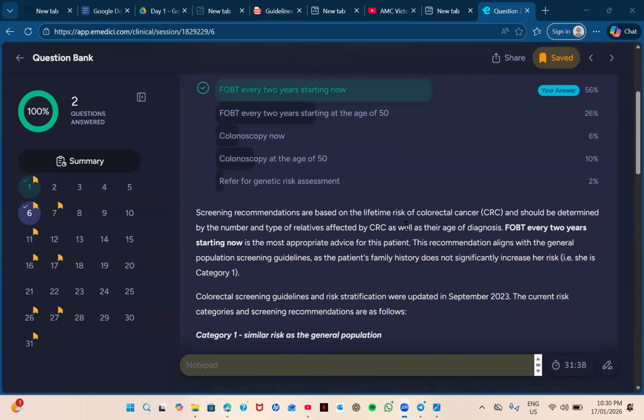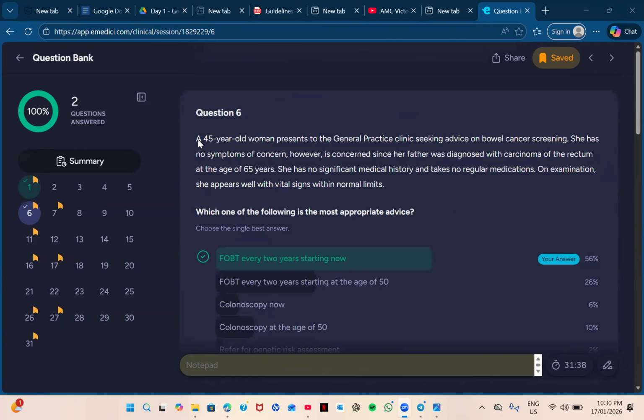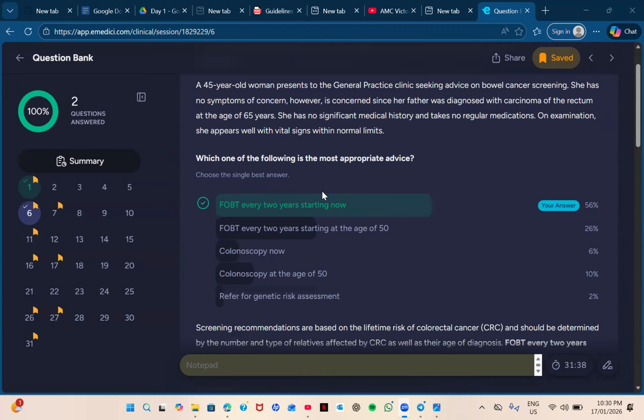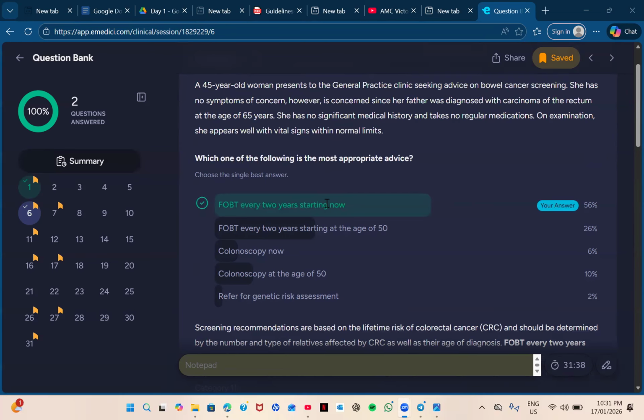Ma'am, could you just, after this discussion, show that part of your notes where the guidelines were written? That note that you had made, and you asked us to take the screenshot also. I could take just the first part where they classified. No, I'll send it in the group, doctor. It's fine. Okay, thank you, ma'am.